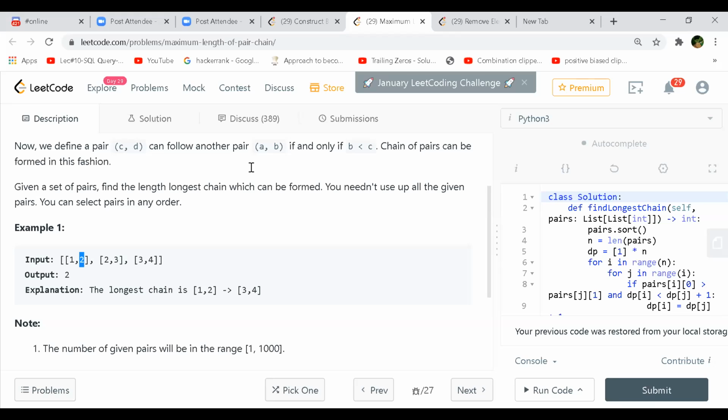LIS. Okay, yeah. So if you do sorting, then it becomes more of an LIS. So you first sort it, and then you can use your LIS implementation. Absolutely, that should surely work. But now, when you are doing a sorting, how are you going to sort? So for sort, I'll show you here.